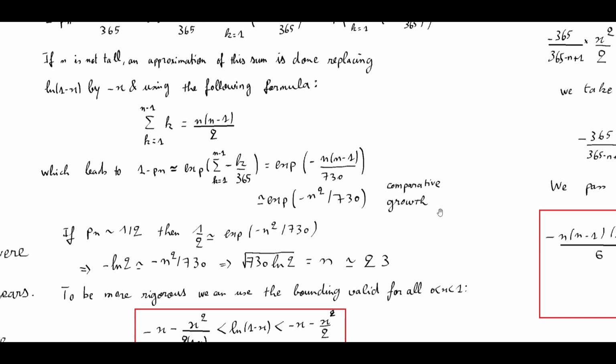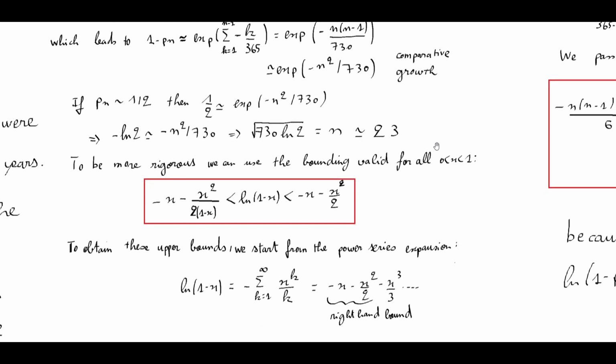If Pn is around 1/2, then 1/2 is approximately equal to exponential of minus n squared divided by 730, which implies that minus ln 2 is approximately equal to minus n squared over 730, and so we end up with the square root of 730 times ln of 2 equals n, which is around 23. To be more rigorous, we can use the bounding valid for all